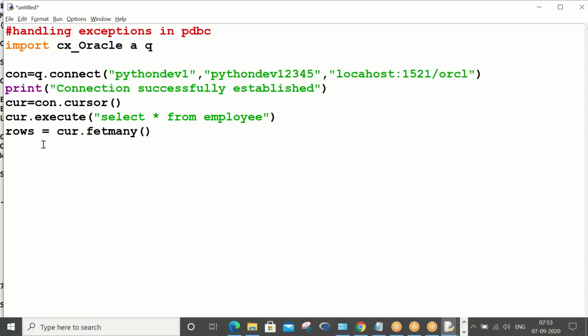If you use a parameter, it will bring in only that extent of data. I will show that in the next programs, but for now let's try to understand. For each row in rows, print each row. So you have got all the rows printed.